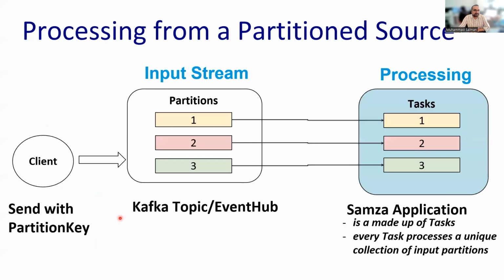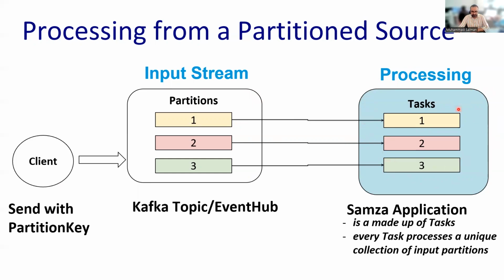So the first one is scalability. The client streaming data is coming to the input stream, and then it is partitioned. All the big streaming data is partitioned into small chunks, and then all the chunks come to the Samza applications, and then there is a task processor. Each task is handling a couple of chunks that we will see in a while. Each dedicated task is taking care of the partitions coming from the input streams. So this is the processing unit, and it processes the data in real time